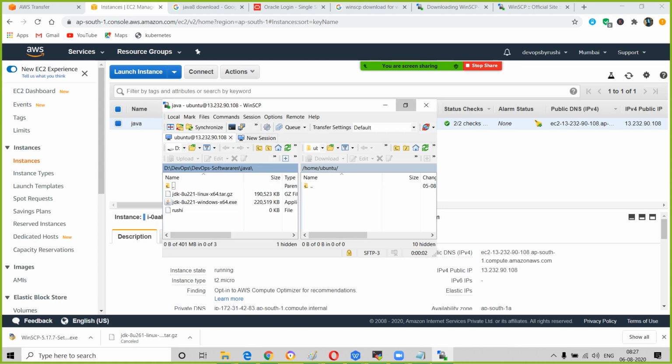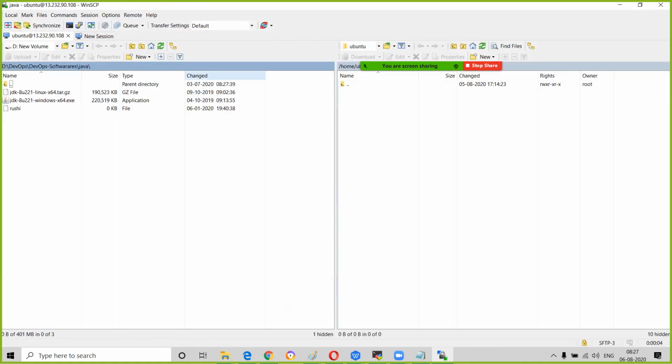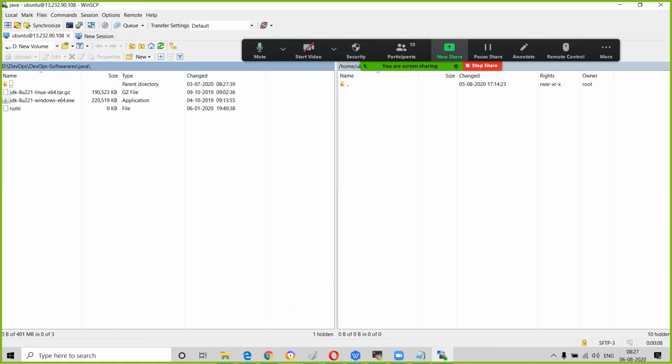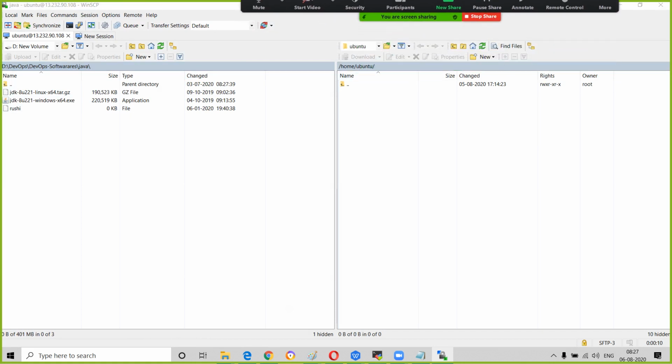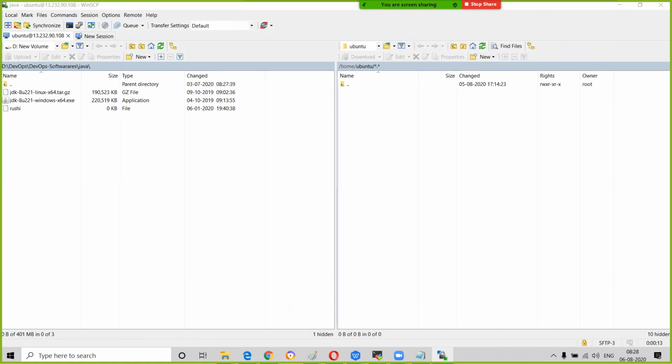If you observe this, your screen is divided into two parts. This is Windows and this is Linux. In this Linux, where do you want to copy the files, guys? Home Ubuntu, or into the OPT directory? How do I go to the OPT directory?